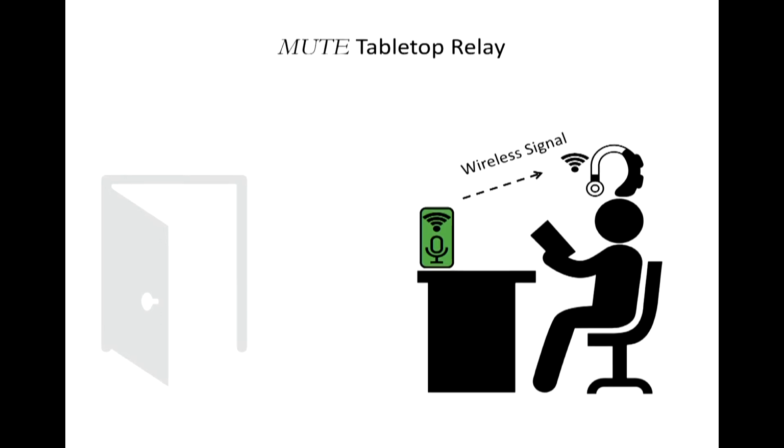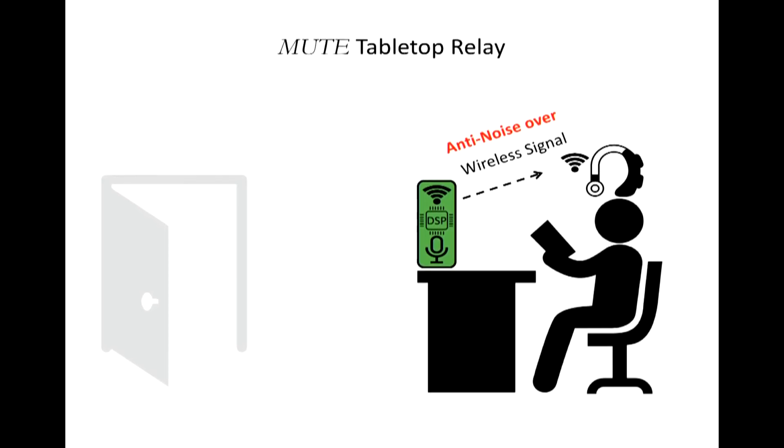But this gives me portability, because now I can carry this device with me wherever I go and put it on the table in front. So now I ask the second question. I already have this tabletop device in front of me. Do I still need the DSP at my ear? I can move this DSP to this IoT device, and this DSP is going to send anti-noise signal wirelessly back to me. So now my ear device is going to be more lightweight.